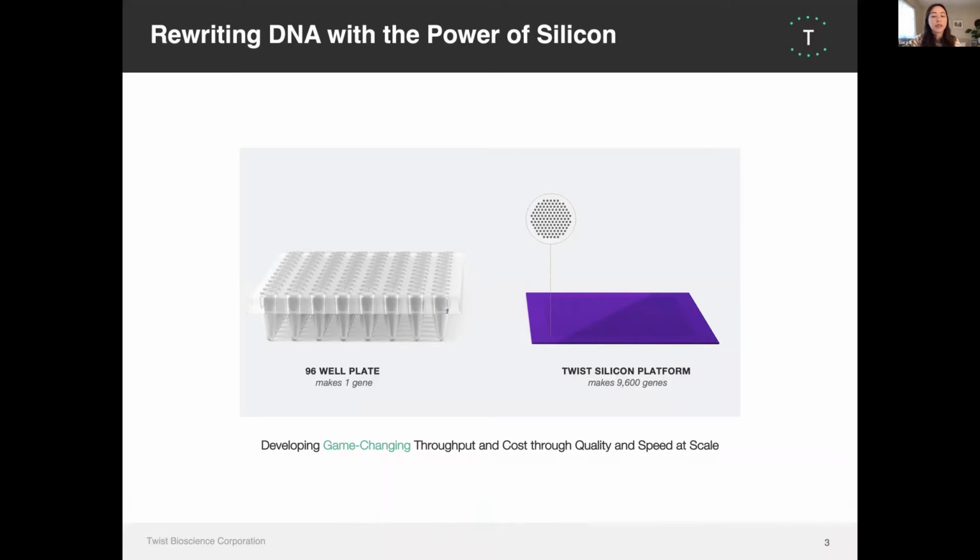We then use these clusters of DNA to construct our clonal genes, which many of you are probably very familiar with. And in addition to that, we have a line of NGS products that leverages this capability for target enrichment. For my team, we leverage this technology to make DNA libraries for applications such as protein engineering, antibody engineering, and enzyme evolution. This is a game-changing technology because it enables us to make libraries that are unprecedented in the industry,